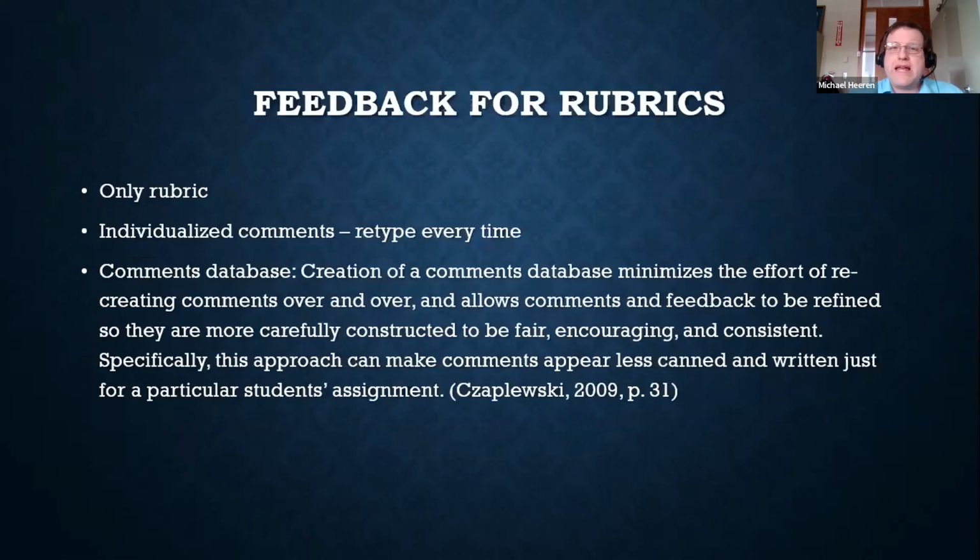Okay, now, what kind of feedback can you use with the rubrics? One is you only use the rubric, meaning you could either just click on it, or circle it if it's a paper copy that you're giving them, and that's it. You don't tell them anything else. You just circle that spot saying, this is the grade location where this assignment falls.